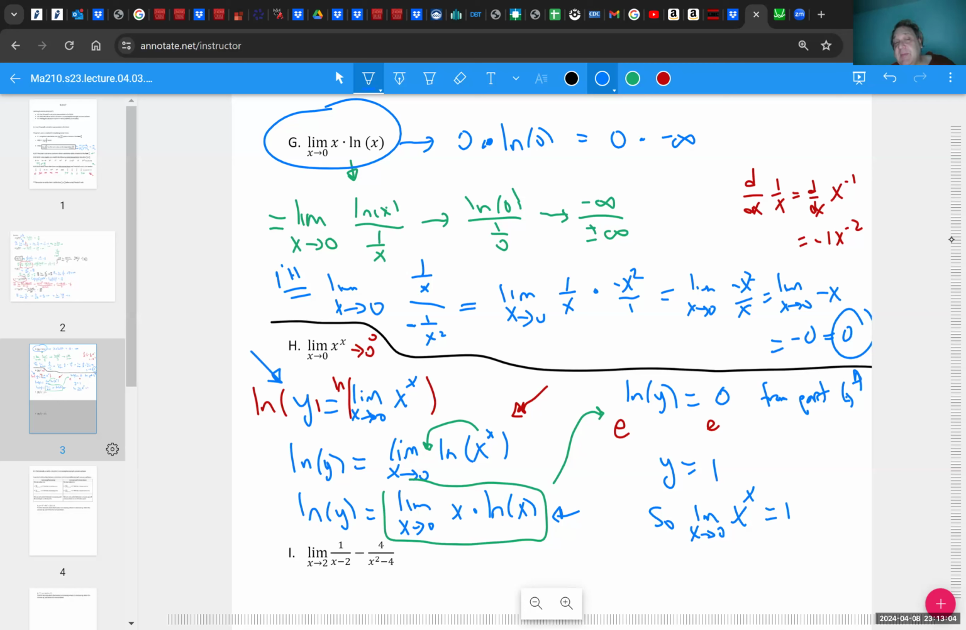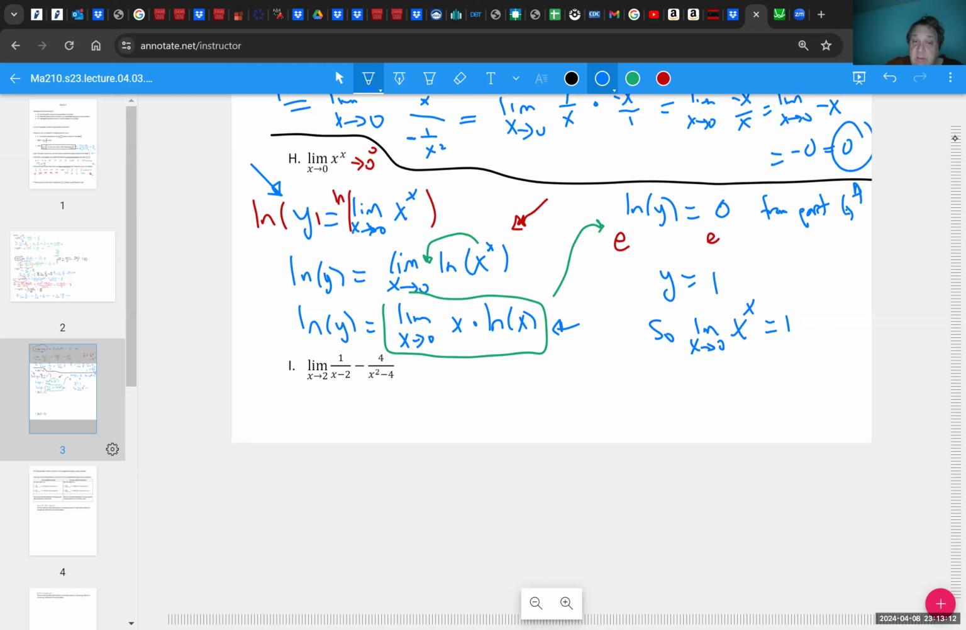All right, so there's an example of using logarithms to simplify an indeterminate limit. So letter I, we have another limit as x approaches 2. Once again, immediately I just try to substitute, see what I get. When I substitute 2, I get 1 over 2 minus 2 minus 4 over 2 squared minus 4,